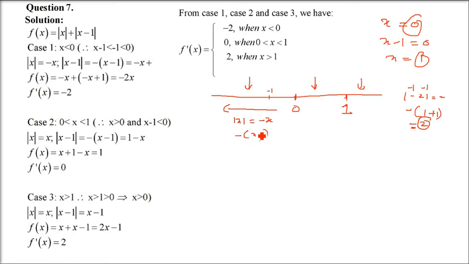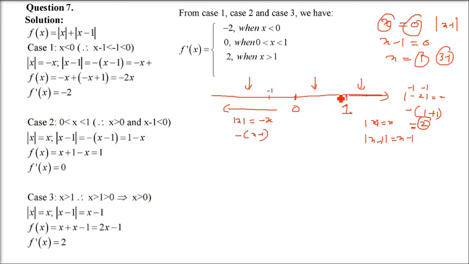This is clear? Okay. Now, let us take greater than, case 3 I am taking first. So x is greater than 1. We know that when it is greater than 0, mod x will be x. We have already seen in previous two questions. So mod x will be x. What about mod x minus 1? Now you put any value above 2. Just check: 3 minus 1, it's positive. So mod x minus 1 will be positive x minus 1. So only x minus 1 will come.